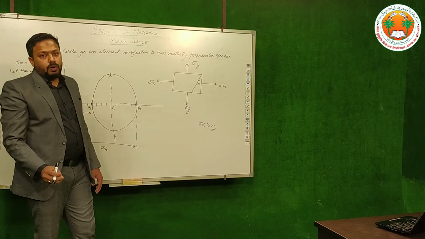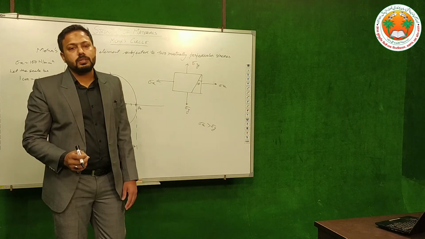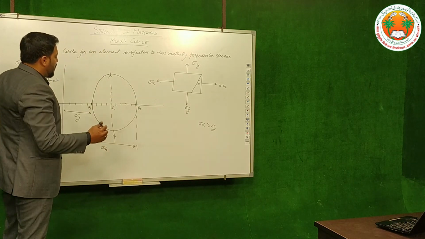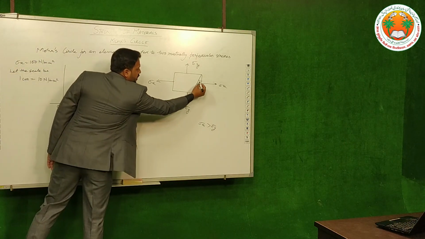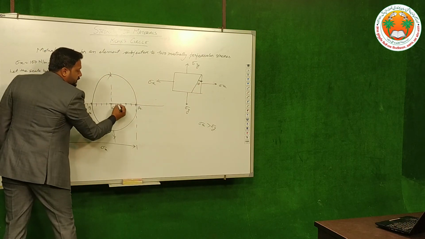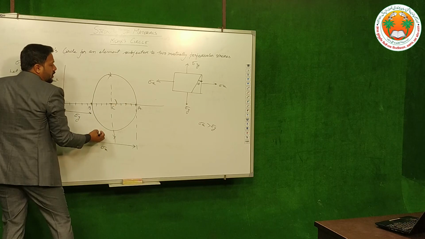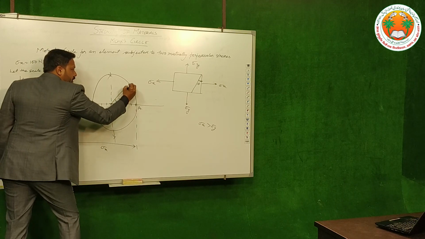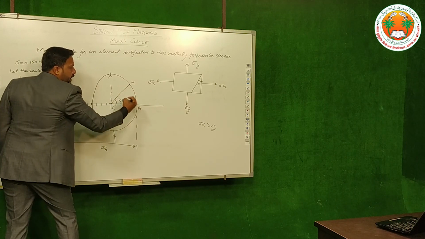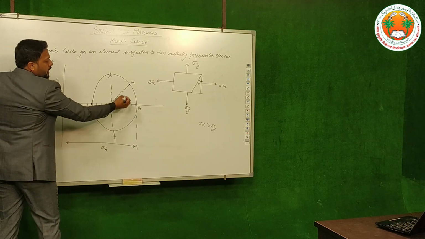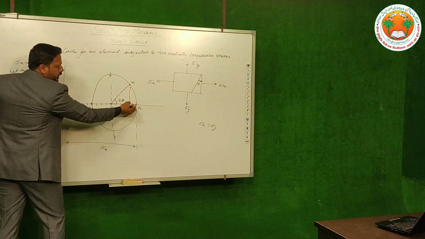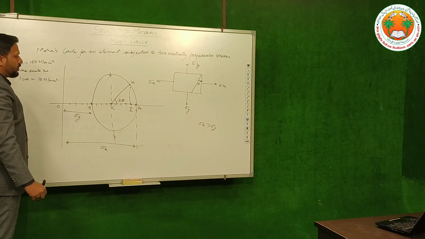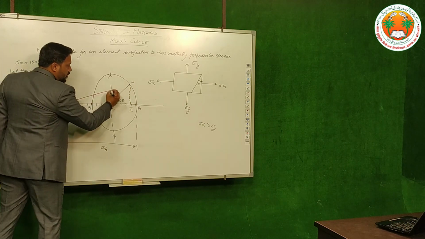To find the value of the resultant stress, the normal stress and the tangential stress acting on this plane, we will take twice this angle theta from CA. This is 2 theta, and we will extend this line. It will meet the Mohr circle at point H. After that, we will drop a perpendicular on the x axis and mark this point as I. Further, we will join H and O.